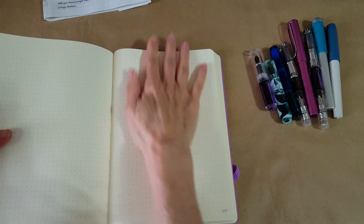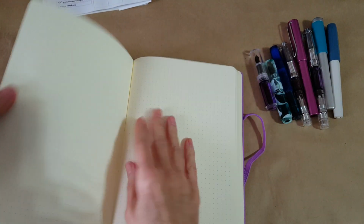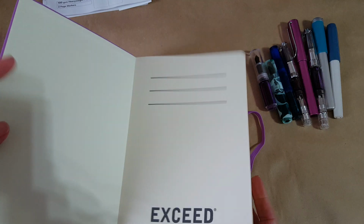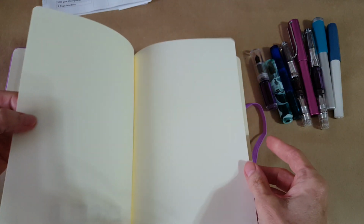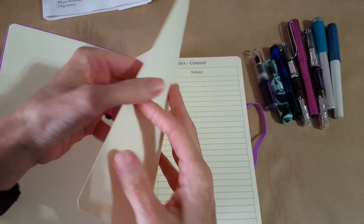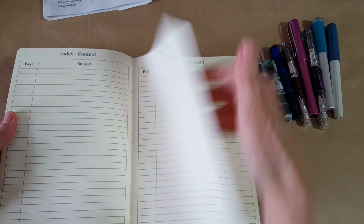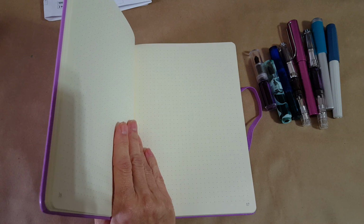So let's get in here. Ooh, that's pretty. Boy, that feels a lot like the Rhodia paper to me. Maybe a little toothier than the Rhodia, but oh, it's smooth. It's wicked smooth. Okay, so in the front, we've got a place to put our name or whatever. Index. Very cool. That's a long index, but numbered pages. Oh, and I forgot to mention,